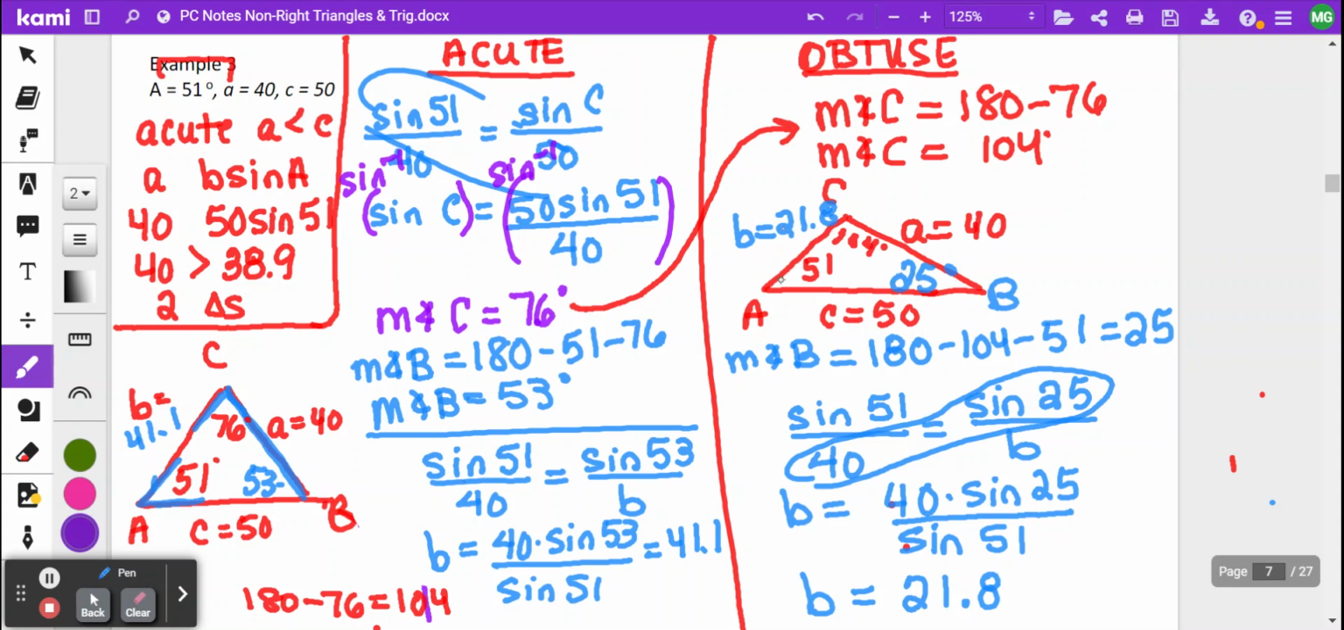Absolutely. It's not a guarantee that you got it right, but at least make sure your